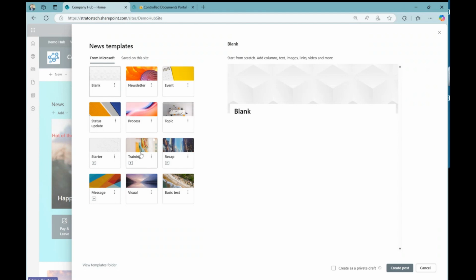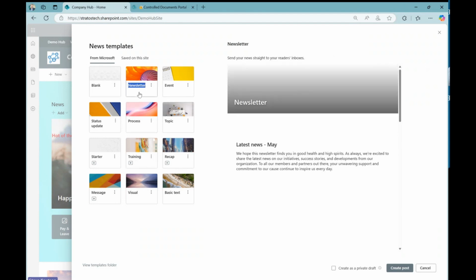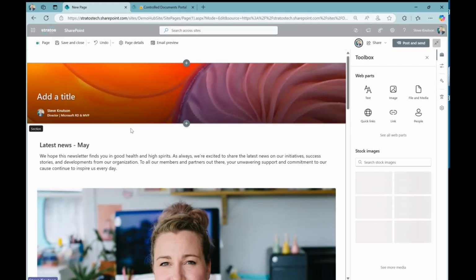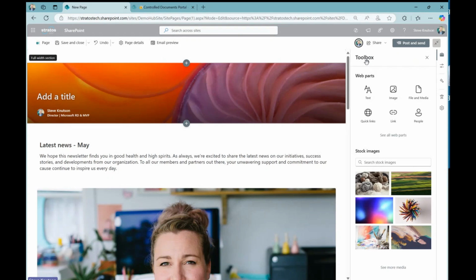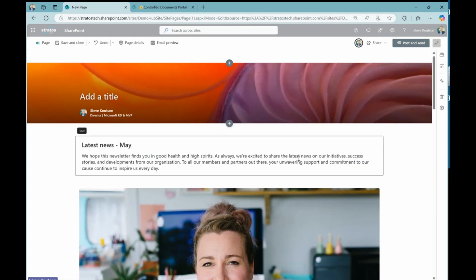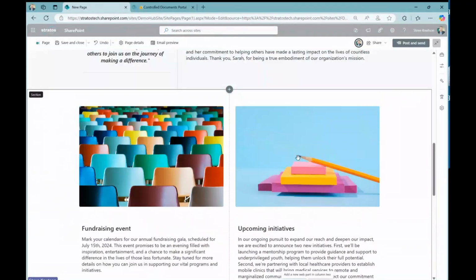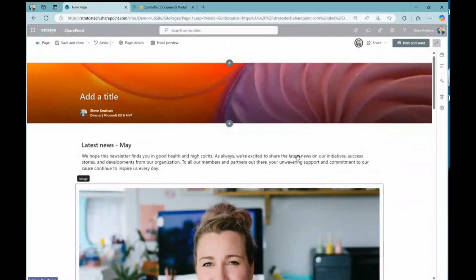Also got a bunch of starter ones, but one of the ones I want to show you here is this newsletter one. So I'm going to create a post using a newsletter template. And when I do that, it gives me a default layout with different sections to fill in. And I can go through and fill this out. Let's just give it a title. I'm just going to say